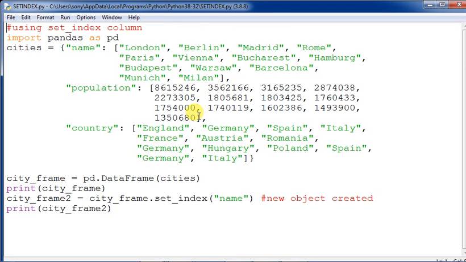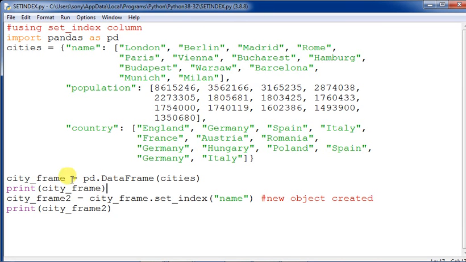Name London, Berlin, Madrid, Rome, all these things have been taken, and there are 3 keys available in this particular dictionary. Cities is the name of the dictionary. So our dictionary object has been created out here with name, population, country.